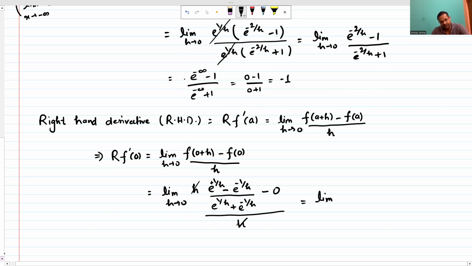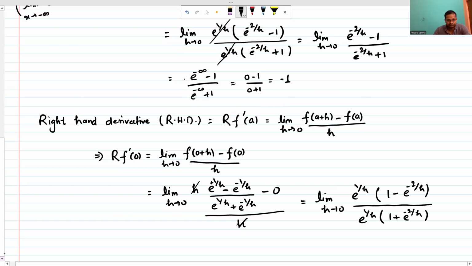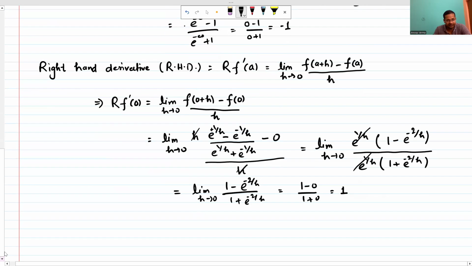this is the limit h tending to 0, and similarly we will do here also। तो अगर हम यहाँ पर e to power 1 by h कॉमन ले लेते हैं तो we have this is 1 minus e to power minus 2 upon h, okay, and similarly this is e to power 1 by h, and this will be 1 plus e to power minus 2 upon h, okay। So we have this is cancelled out, okay। So this is limit h tending to 0, यहाँ पर हम लिमिट जब लगाएंगे तो ये हमारे पास बचेगा e पावर माइनस 2 अपॉन h, and this is 1 plus e power minus 2 upon h। यहाँ पर जब लिमिट लगाएंगे तो you will get this is 1 minus 0 upon 1 plus 0, and you can say this is your 1।